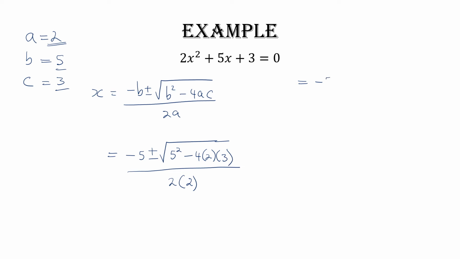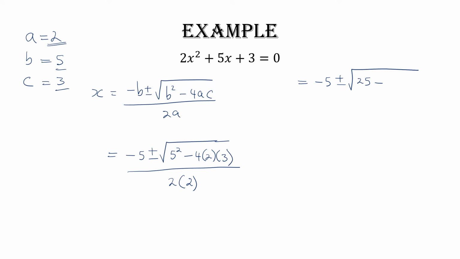So that leaves us with minus 5 plus or minus the square root of 25. When I square 5, I get 25. That's 5 times 5. Remember, 5 squared is the same as 5 times 5, just to be on the safe side. And 5 times 5 is 25. And inside the bracket now we have